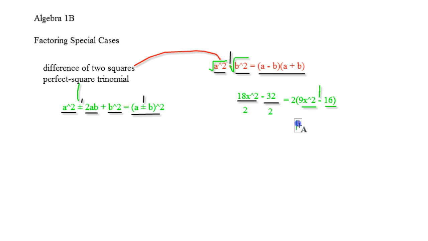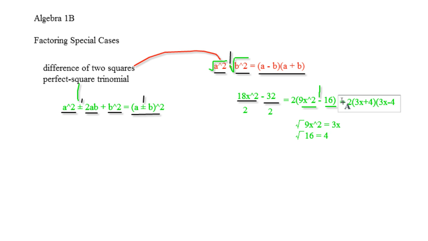So you can go off to the side and ask, what's the square root of 9x squared? Well, that's going to be 3x. And you would be correct. And what's the square root of 16? That would be 4, and you would be correct. So I could just rewrite this in factored form as 2, remember the 2 from the beginning with the greatest common factor, (3x plus 4)